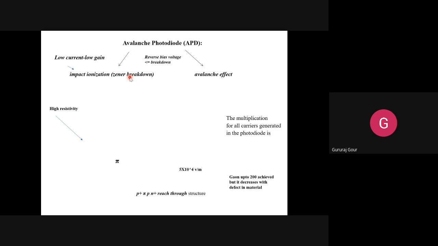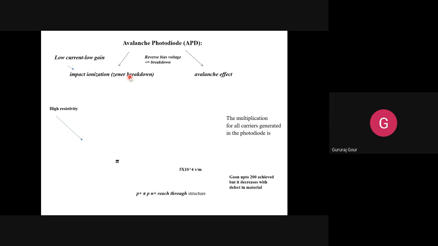But how are we getting more current? Because of the avalanche effect. Okay, how is the avalanche effect happening here? In the breakdown region, or nearer to the breakdown region, when the photons are falling and generating the EH pairs, these generated EH pairs in the I region are made to achieve saturation velocities. They will achieve maximum velocity as compared with those EH pairs which were generated in the I region of the PIN diode.